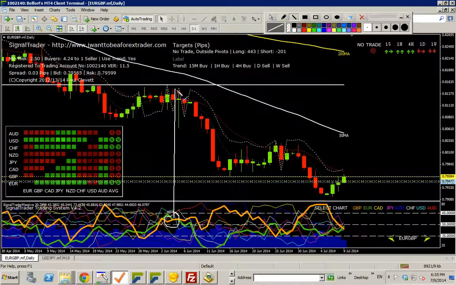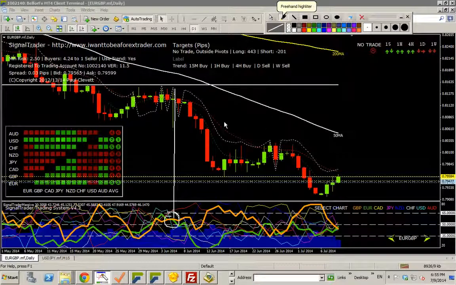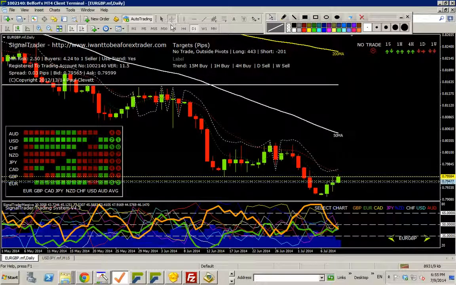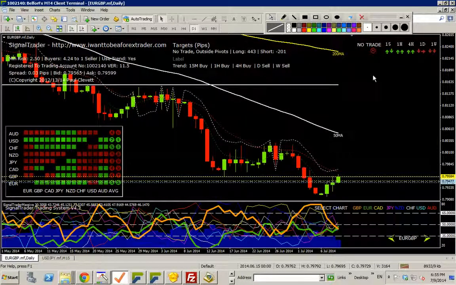Okay, so it would have entered about there, and as you can see it's got tons of scope, and it just went straight down. So I suspect the target would have been somewhere here, and we'd have closed our trade. Let's just measure that. If you're used to trading for 30 pips, this is not the sort of system for you. That's 131 pips. So we look for about 100 pips per trade,